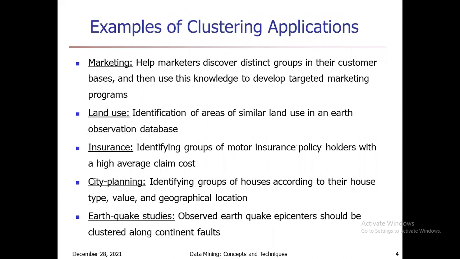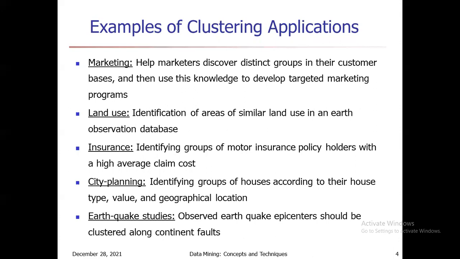Again, these are some applications. In marketing, it helps marketers discover distinct groups in their customer bases and then use this knowledge to develop targeted marketing programs. In land use, it identifies areas of similar land use in an earth observation database.